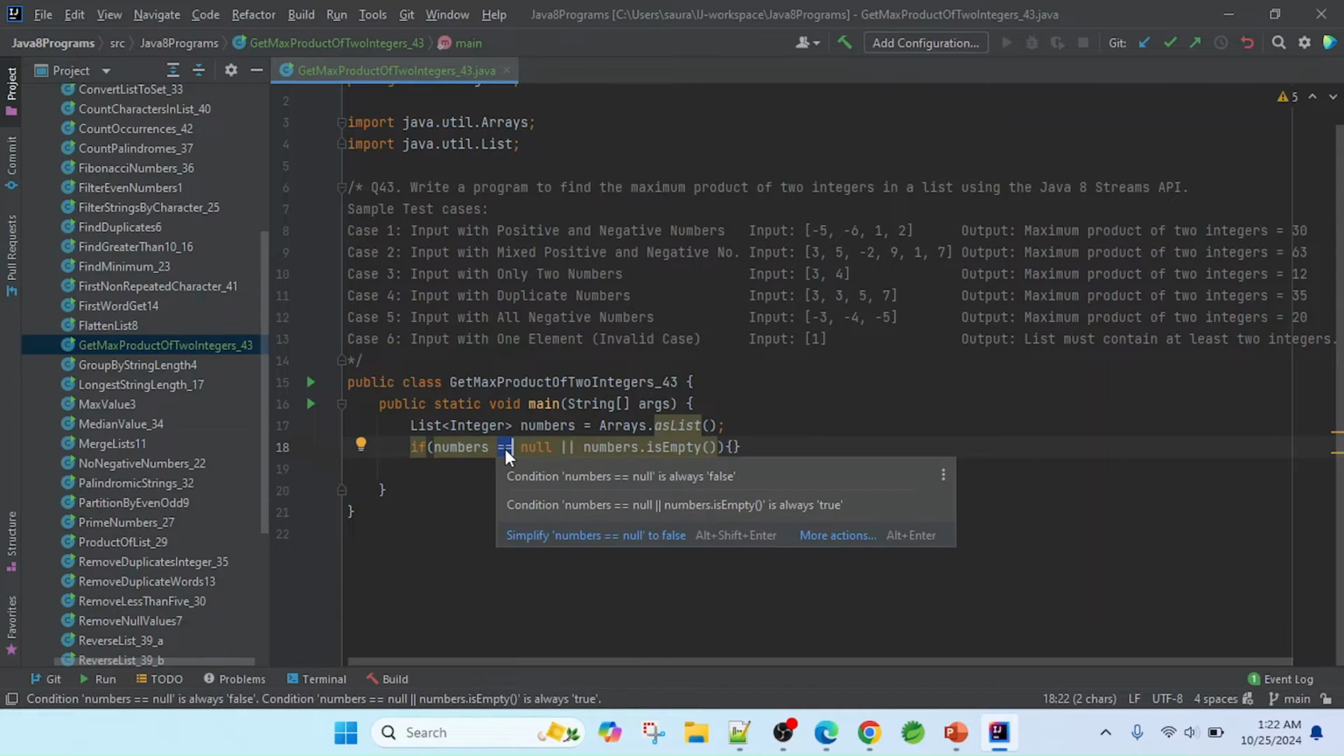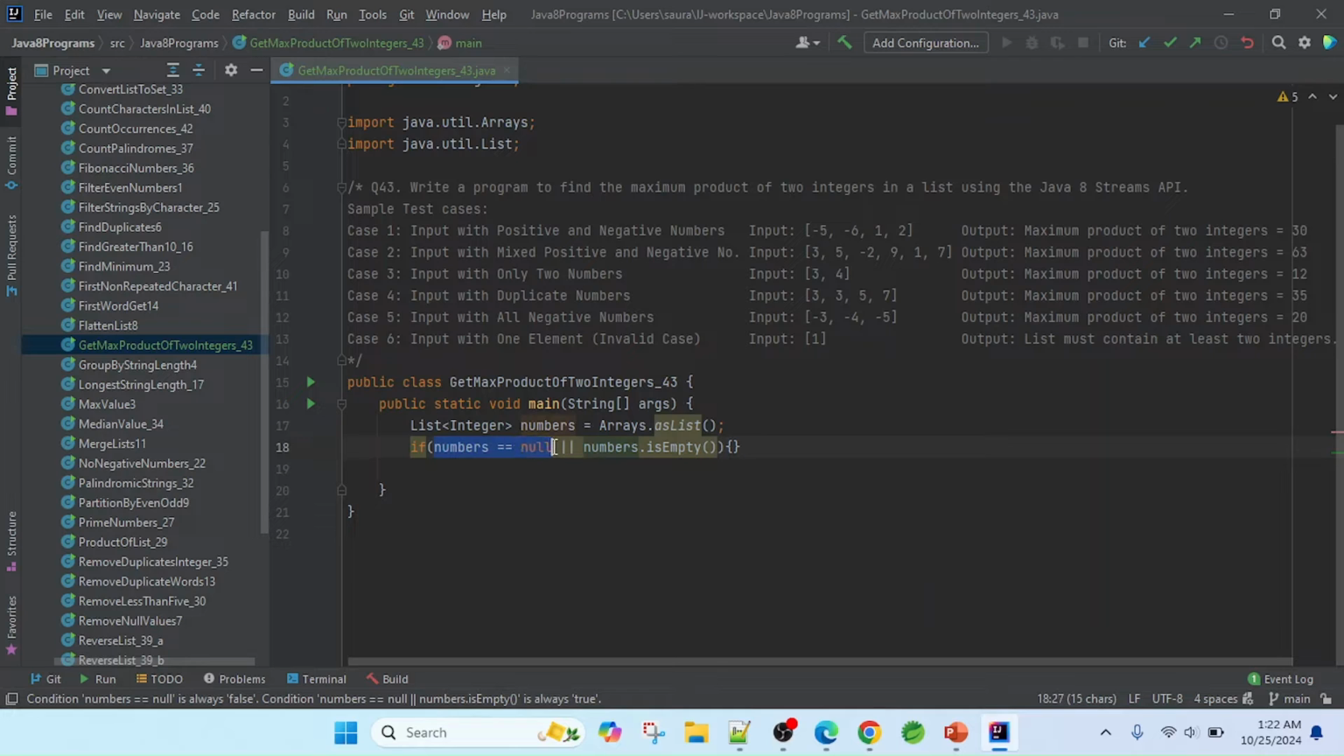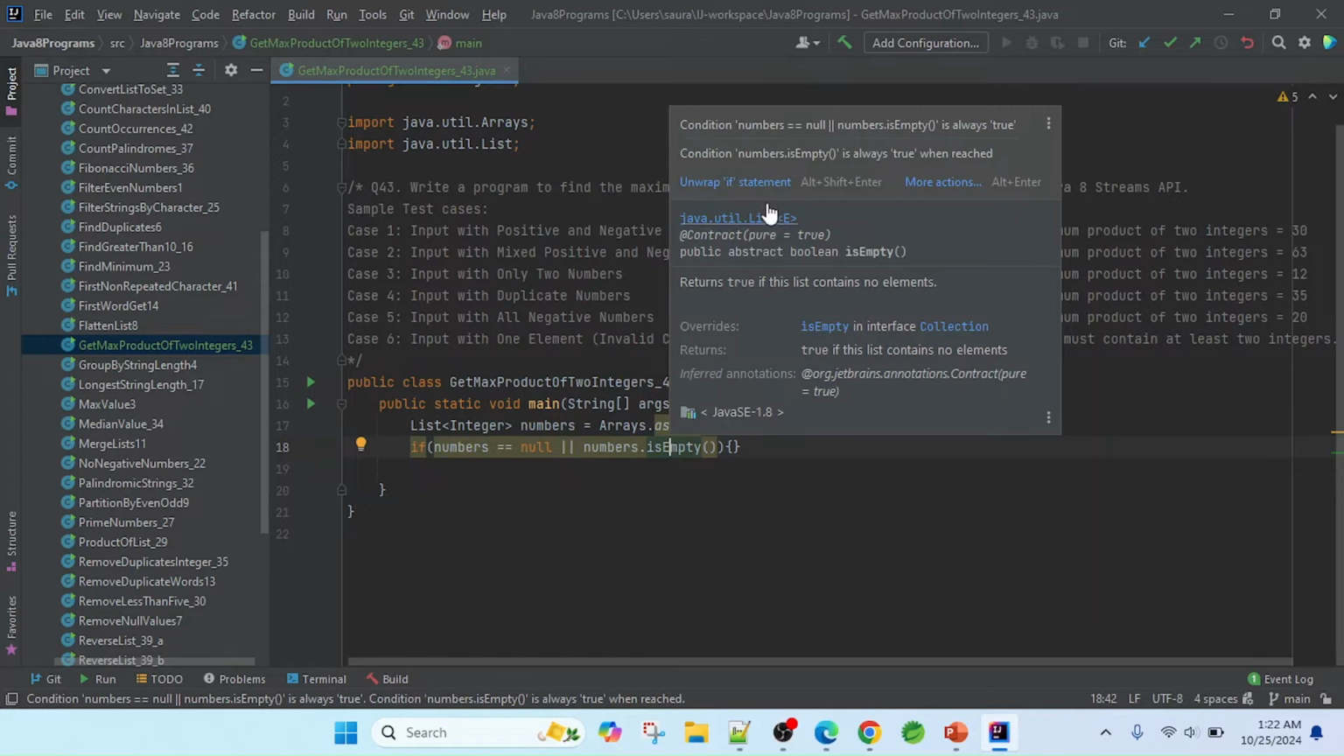Here we have a comparison operator, and with this comparison operator we will get either true or false. If the first condition is true, then with logical or it won't be checked with the second condition. But whenever the first condition is false, at that time it will check the second condition. The second condition, numbers.isEmpty, will also return a boolean value, so it will return either true